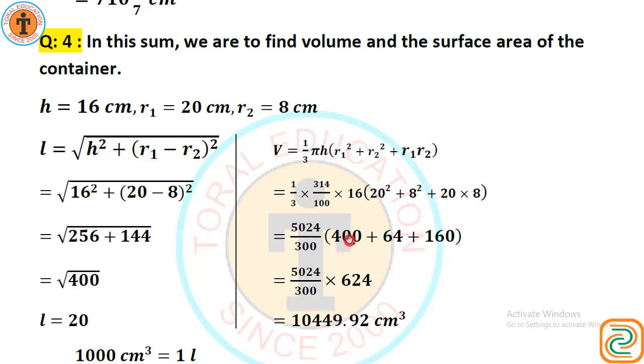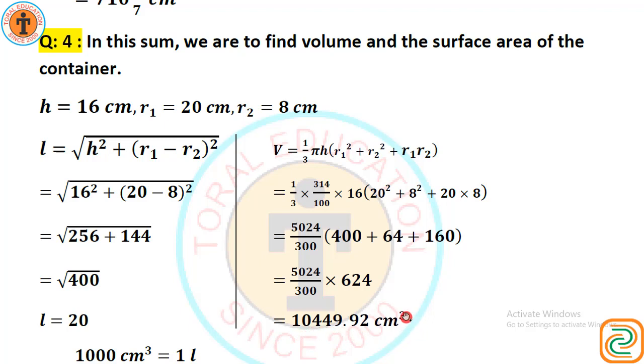Here 20 square 400, 8 square 64, and 20 into 8 means 160. 314 into 16, 5024 upon 300, right? So if we add all of this, we get 624. This multiply by this, divide by this,